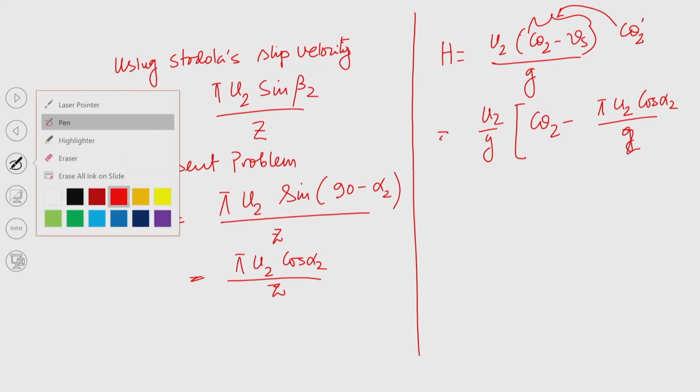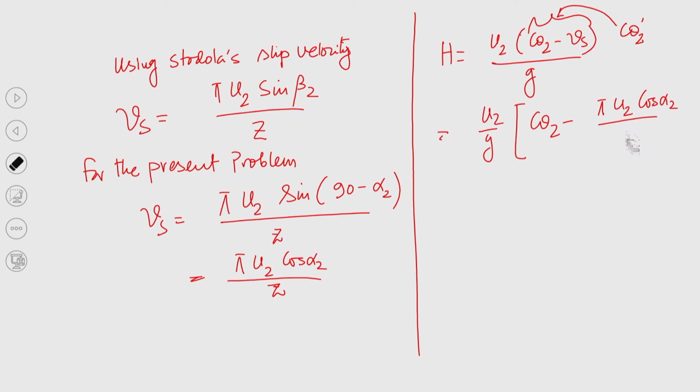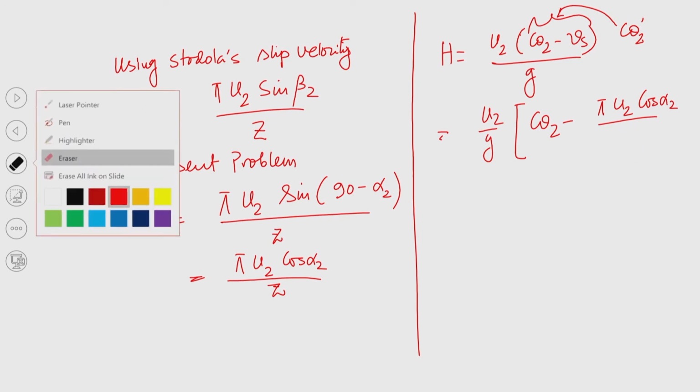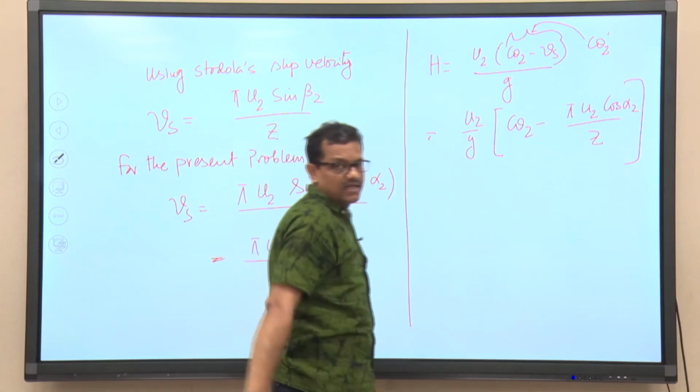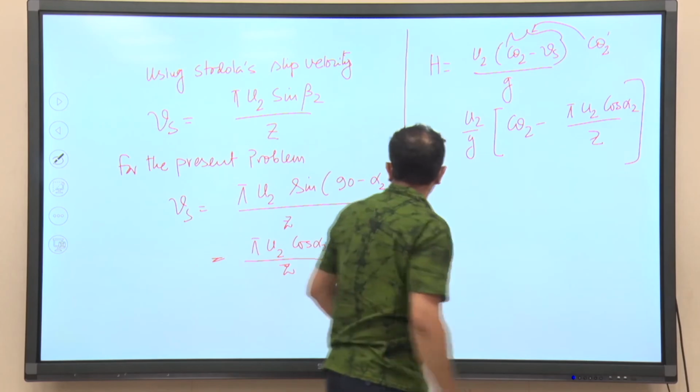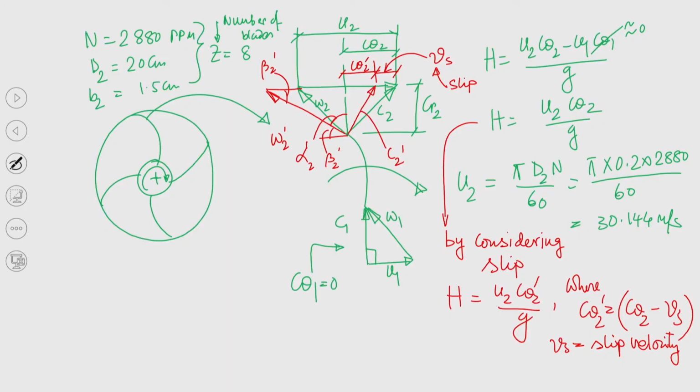So, it is not g, it is z. Okay. So, you can quickly solve this, I am writing this is z. You can understand in this expression we know everything except c theta 2. But for the c theta 2, again if we look at this expression, what is c theta 2? So, you can understand c theta 2 equal to w theta 2 prime plus c theta 2 prime, right.